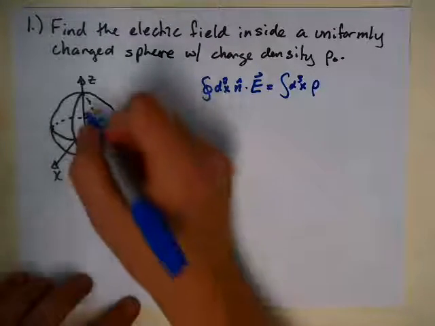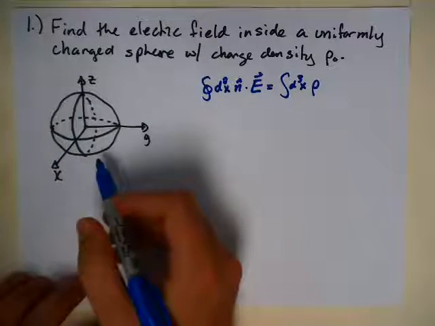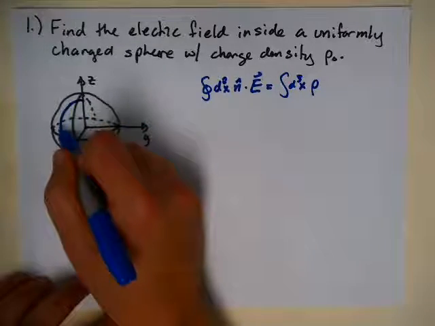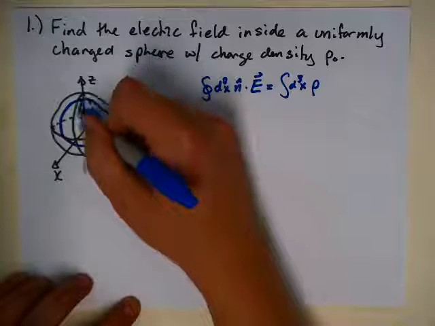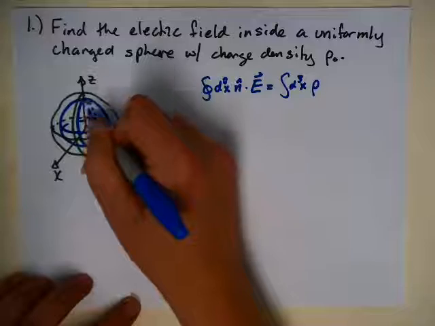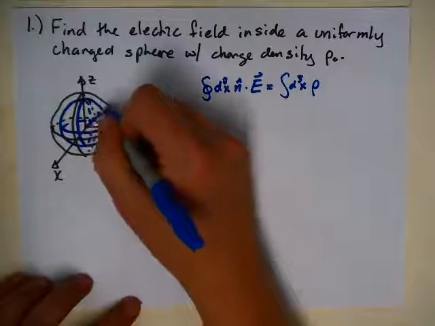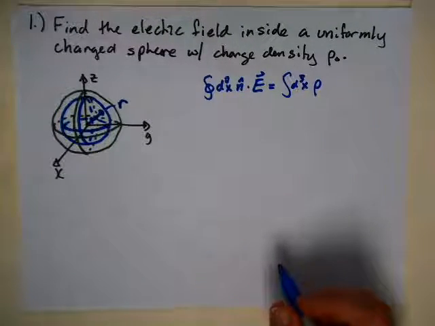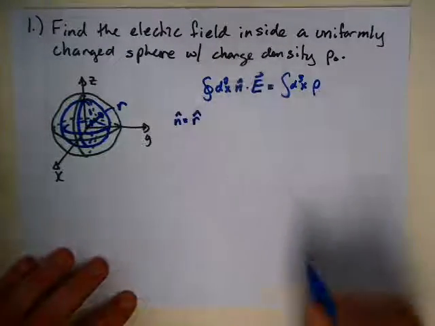For our system, the Gaussian surface that we will be interested in will be a sphere that is smaller than the charged sphere. So if the green here is the charged sphere, then our Gaussian surface is going to be a smaller sphere inside that. And we're going to define that smaller sphere at radius r. Now, the normal to the surface of the smaller sphere, this n hat, is going to be simply the r